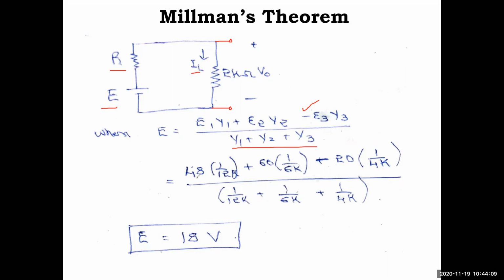So next substitute the values. 48 into 1 by 12 k, it is 12 k. No need to mention. While writing the current you should write milliamps. Voltage wise it is no problem because the k will cancel out. Every time writing k or 10 to the power 3 is time consuming, so you can just write 1 by 12 plus, but you should remember kilo given, milliamps you should write in the final.